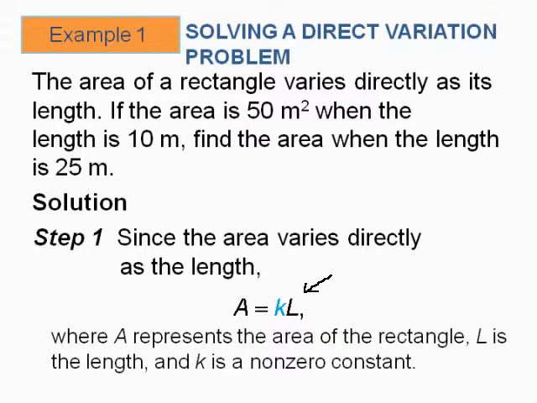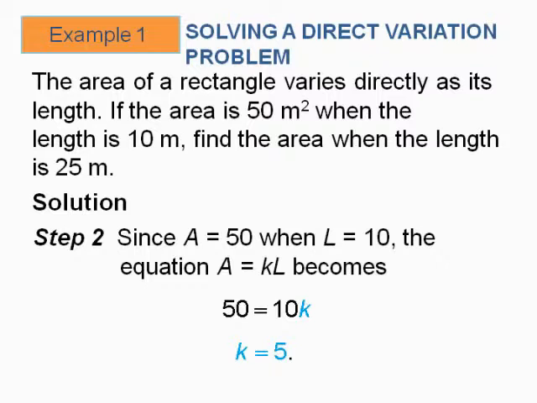And again, it didn't have to be X and Y with K. I mean, they're using variables that make sense here since we're talking about area and length. A varies directly as the length. So that makes sense. And then 2, it says since the area is 50 when the length is 10, we can easily get K by substituting in down here. Say 50 equals 10 times K, in our model here. Divide both sides by 10, and we get that constant number is